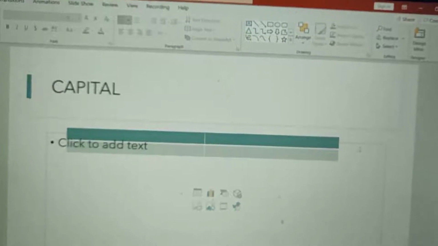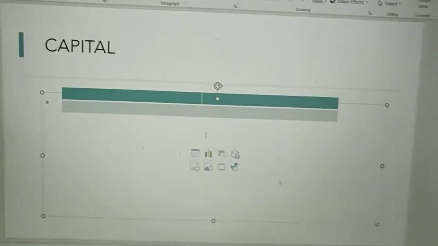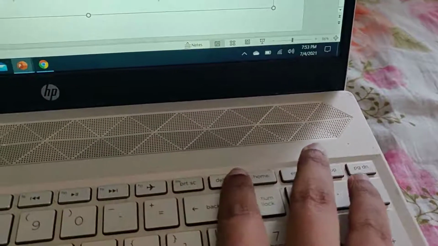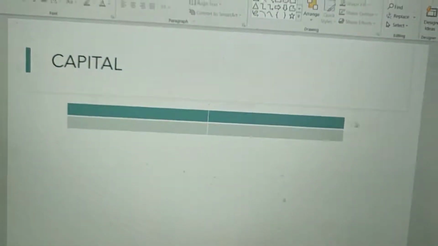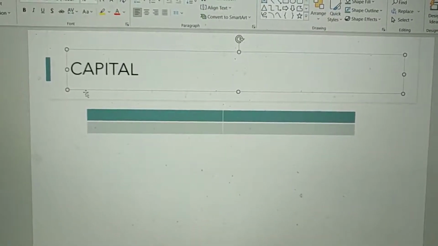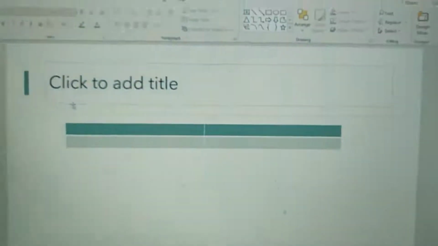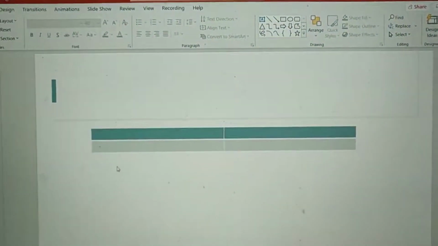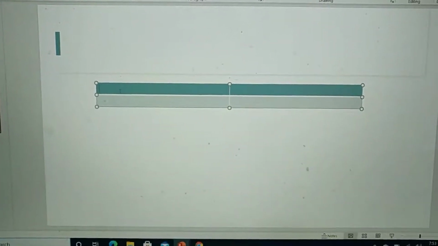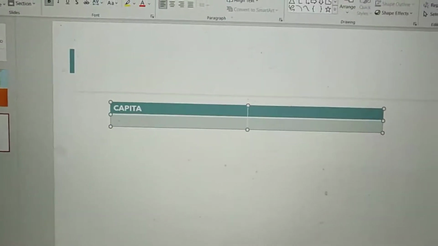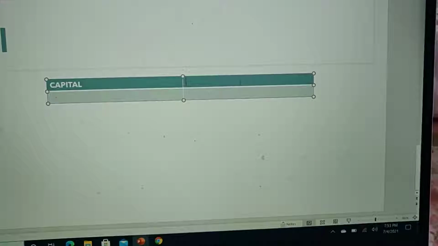Okay, so my text is now deleted. I don't want this text box entirely, so I can press another delete. Okay, so now it's gone. Maybe I don't even want this for the capital, so I'll just select this, touch this, delete, and then this box also delete. Okay, so now my screen is empty. I have my table and I can write capital in this table,